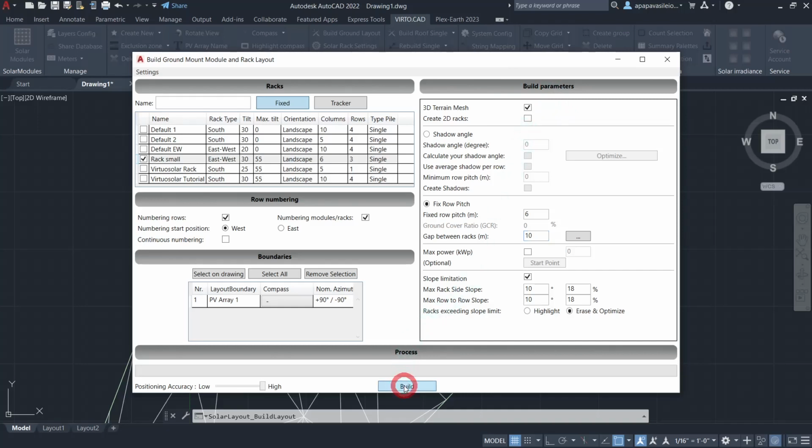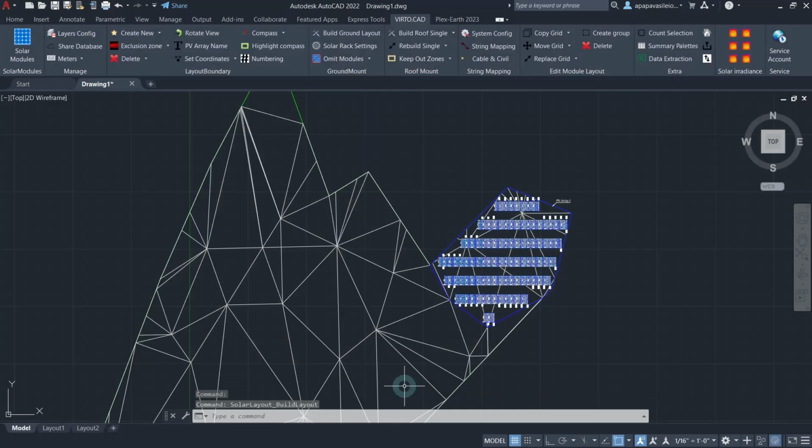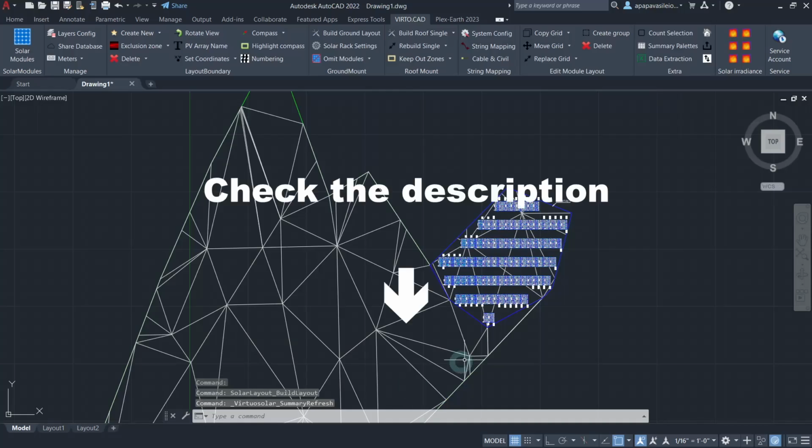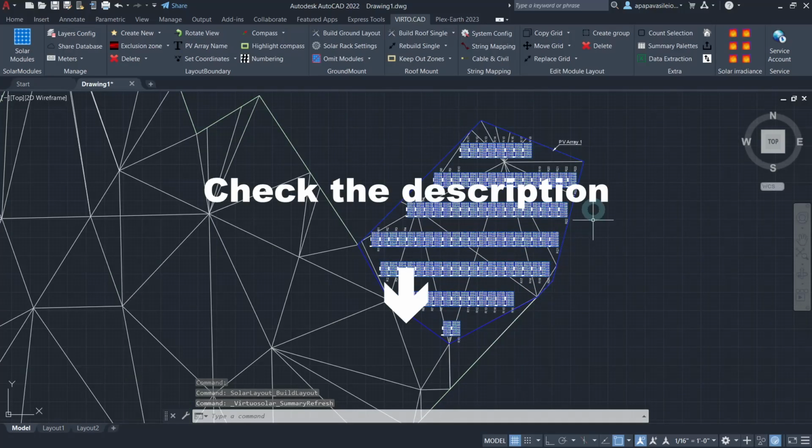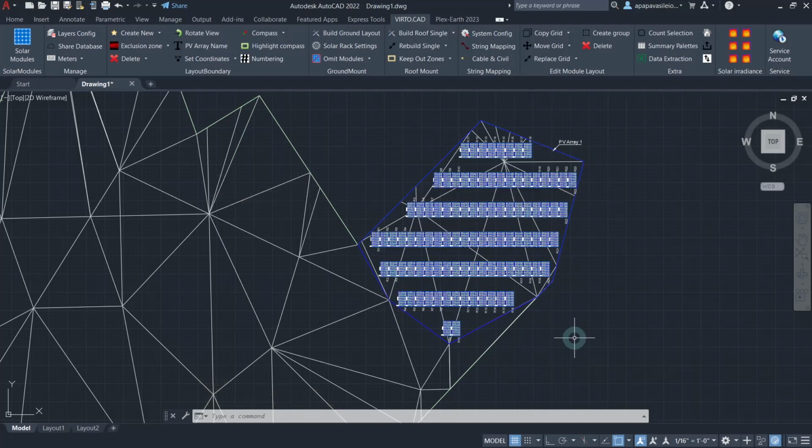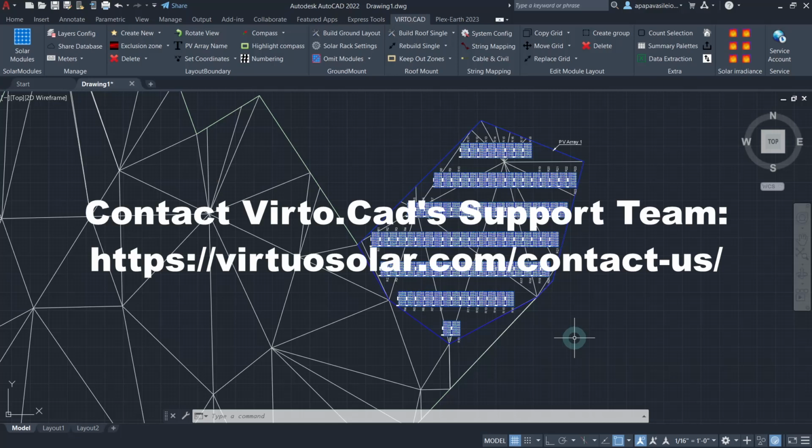Lastly, you can click on Build and your Virtocad panels will be perfectly located on top of your imported terrain. Easy! For more information regarding build ground layout, see the related Virtocad tutorial given in the description. And if you have any concerns or questions related to Virtocad, please contact their technical support team.